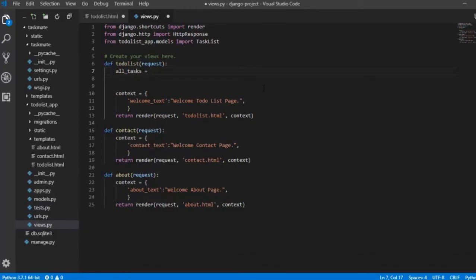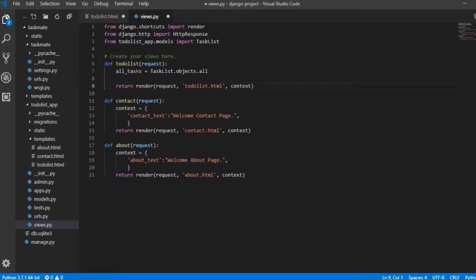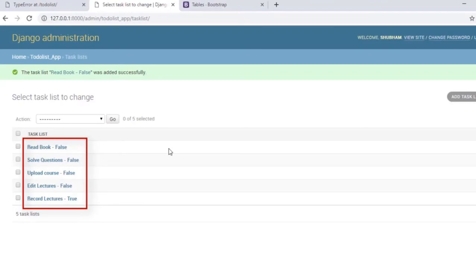So you need to use Model.objects.all. Now this will help us fetch all the data inside this. So now this is an object and this will have all the elements. Let me do one small thing. Let me remove this context. Remember, this is going to be a list of objects, all the objects from our database.